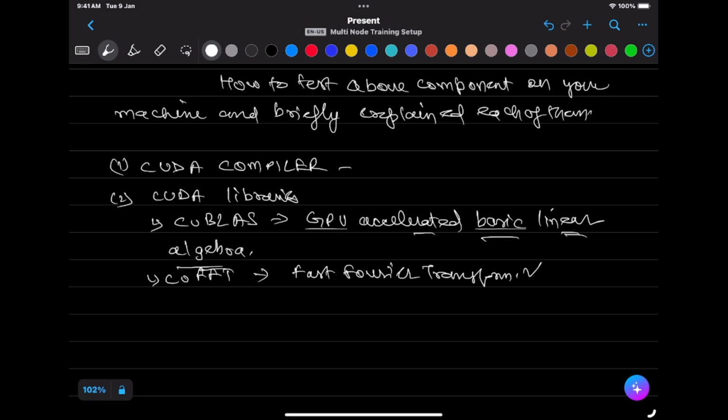Then we have the CUDA random number generator. Random numbers are a very important entity in any deep learning framework. When you initialize a neural network, it starts with some random numbers. So cuRAND handles random number generation